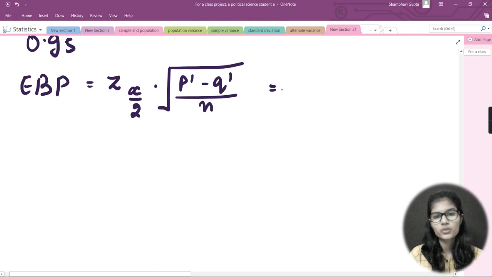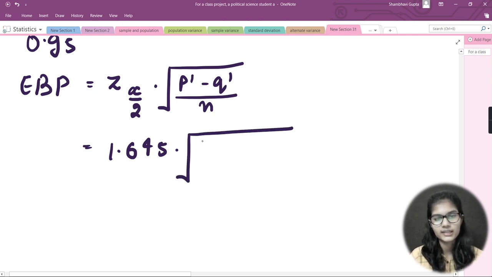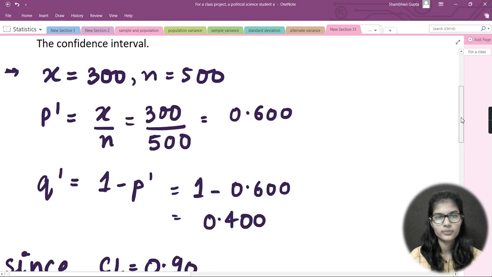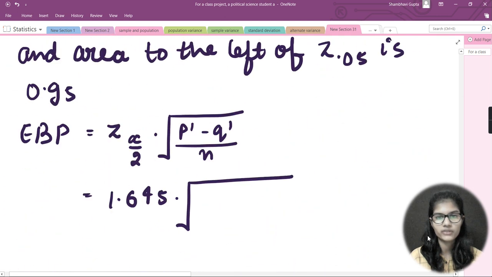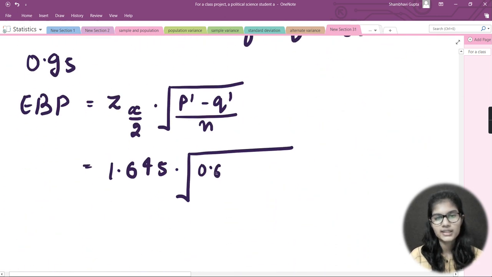So if I try to put the values into this formula, let me just go down and put it here. Fine. So that is 1.645. This is the value which I just got for Z of alpha by 2, right? Then I put my multiplication sign and put the under root here. Value for P and Q, let's quickly go above and see the value for P. P is 0.60 and Q is 0.40. Fine. So it is 0.60 multiplied by 0.40.